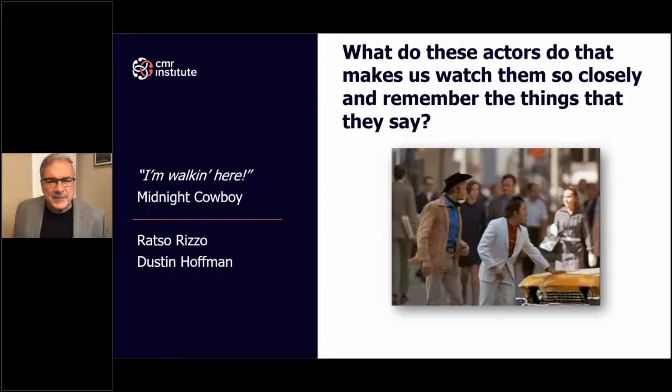The character says, "I'm walking here." It's from a movie called Midnight Cowboy with Jon Voight. It won tons of Academy Awards. And actually what's interesting about this famous line, "I'm walking here," is that it was not in the original movie